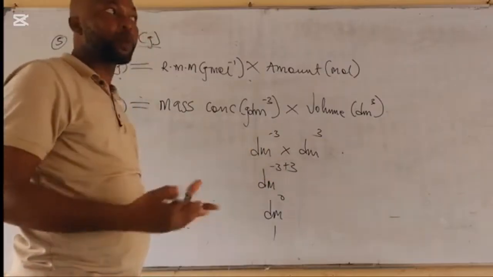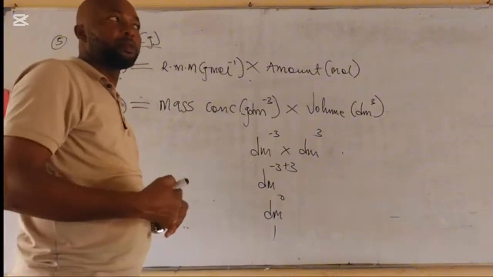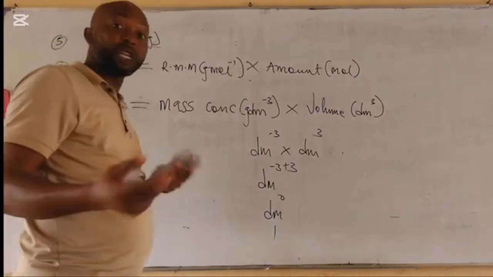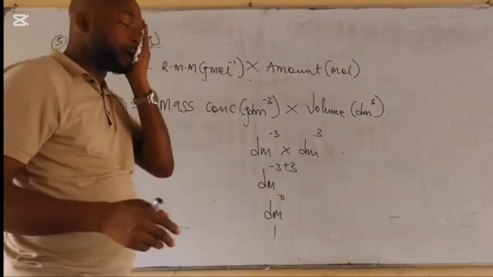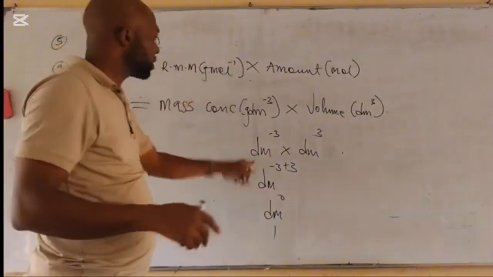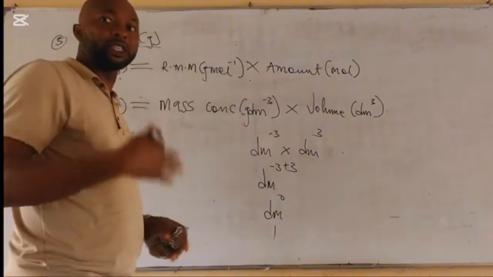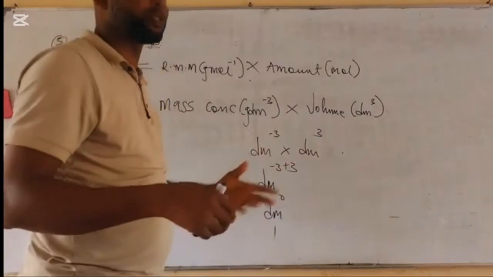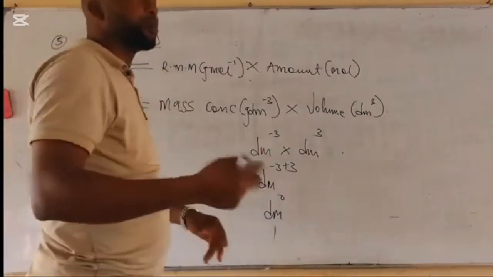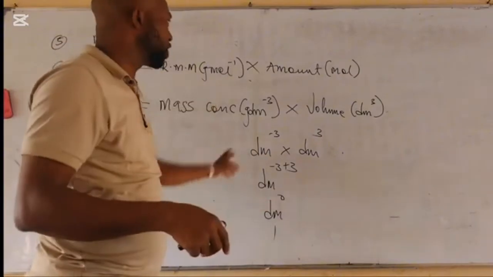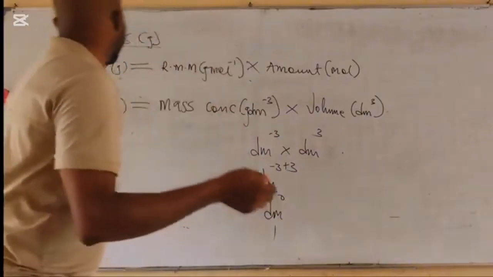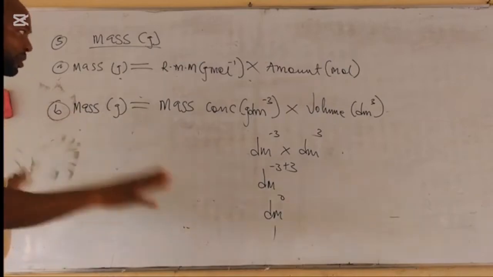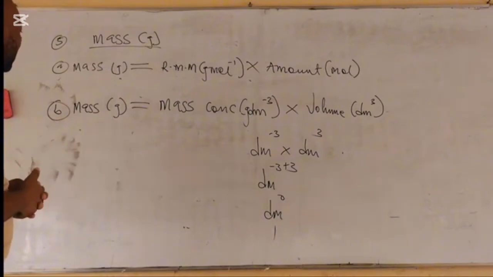There are high tendencies where we make mistakes. You cannot be too perfect or too careful. You know, sometimes you make mistakes, which is human. But if you have this knowledge to check whether you're correct, it will be better, because probably in exams you're just solving and you're time conscious, so you wouldn't be able to take all the time in the world to go back reflecting, but you just check here and you see that you're right and you move on. So we have the fifth one, and these are the basic formulas. Let's proceed to,